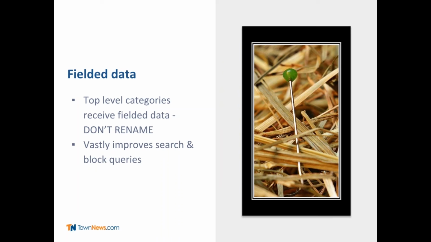So it's our recommendation that if you're going to create new categories, don't rename your top-level categories. Instead, go underneath the top-level categories and create a category underneath that. That way, the subcategory that you're creating will inherit the fielded data that we've always had all along. A good example is housing sale, where we have several different categories, but if you're going to rename housing, then you're going to lose out on all of those automated fields that we